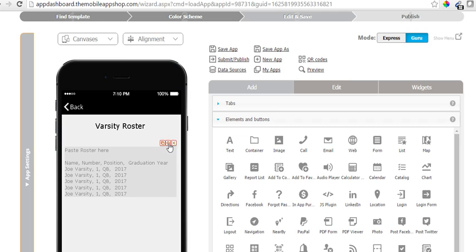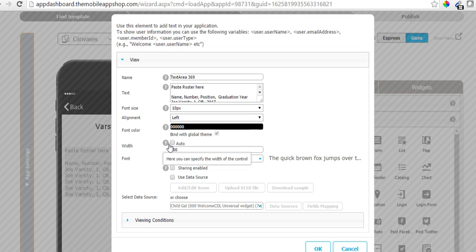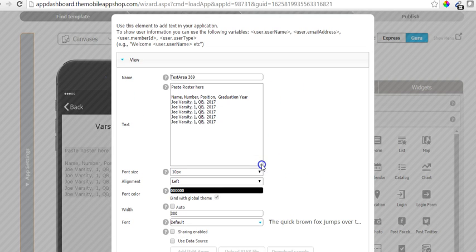So a great way to do this is have an Excel spreadsheet or a Word document with a table, and then you're just basically going to copy and paste that information in here. Obviously, you'd get rid of the paste roster here. We just do that as a reminder of what you're doing. So it's very simple. You put in your table headers here, copy in your data, and then when that's completed,